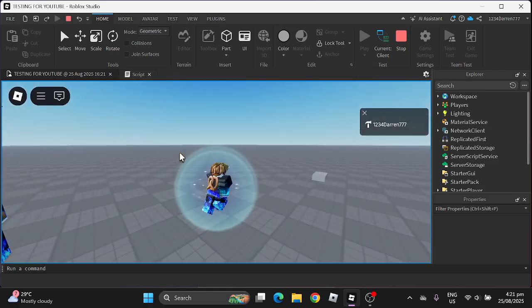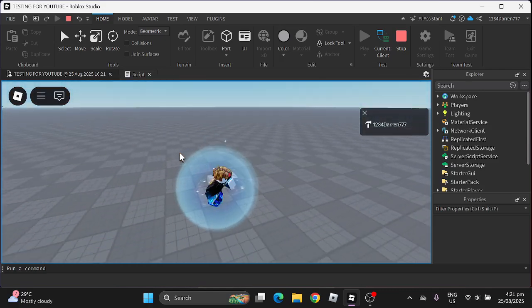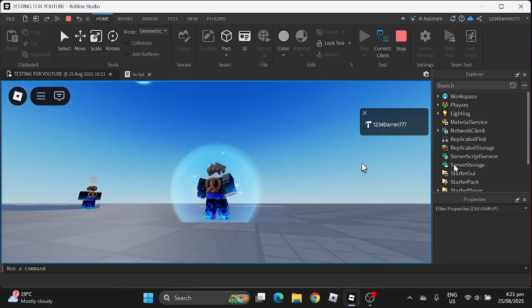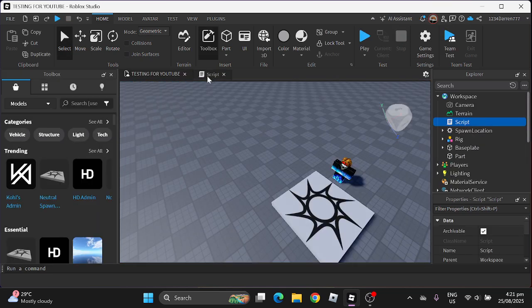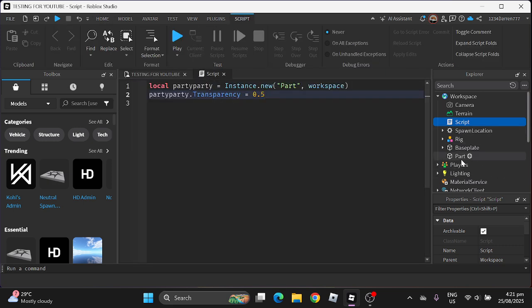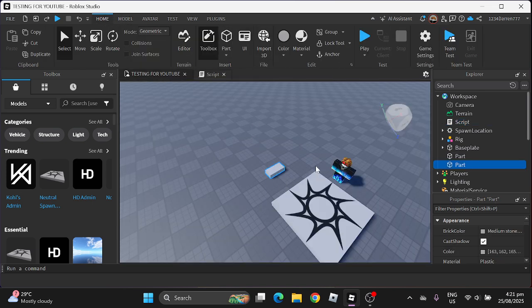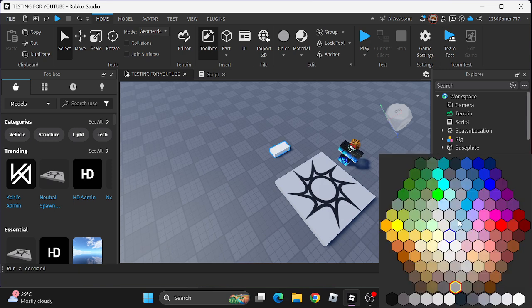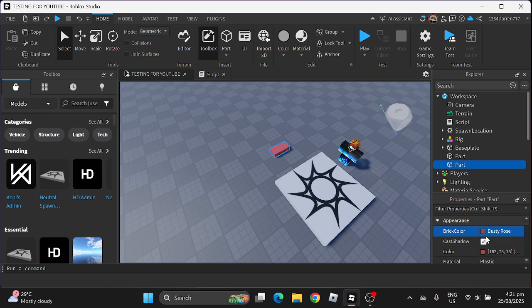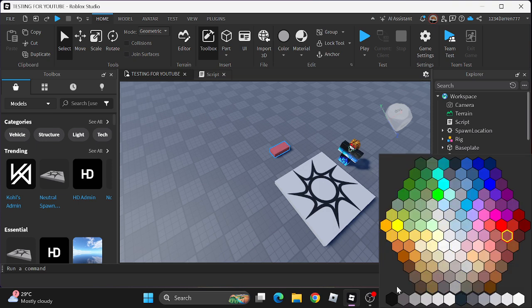See? Transparent. It's nearly transparent. It's only 0.5. Now, let's say that you would want to do, let me think, a brick color. Now, a brick color is changing a color where it's like this. Let's say we make a part. Let's make a part. And then we click this, and then let's say this. Dusty rose. But for now, we're just gonna deal with the